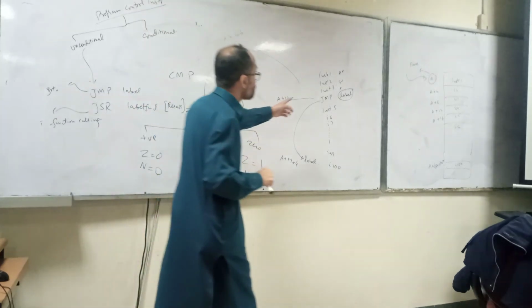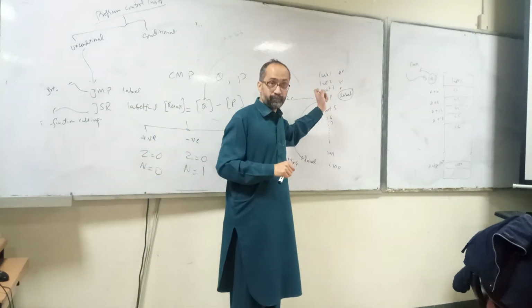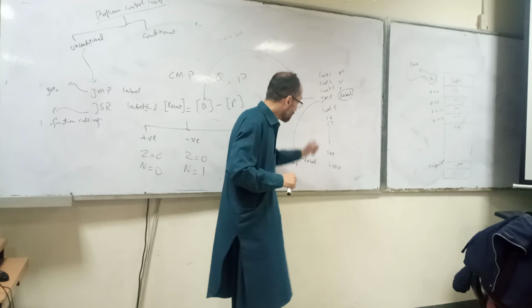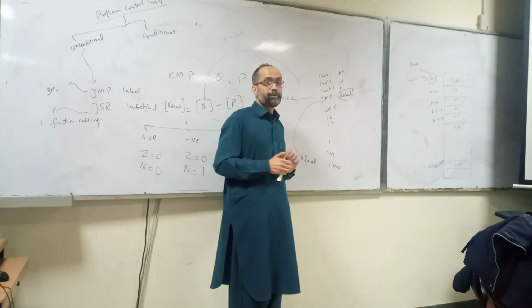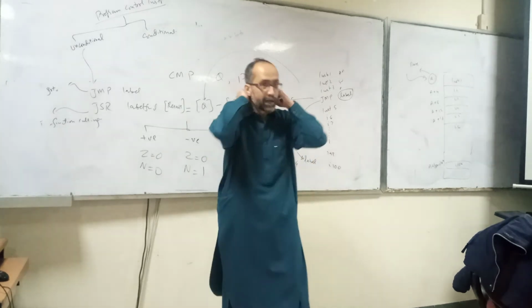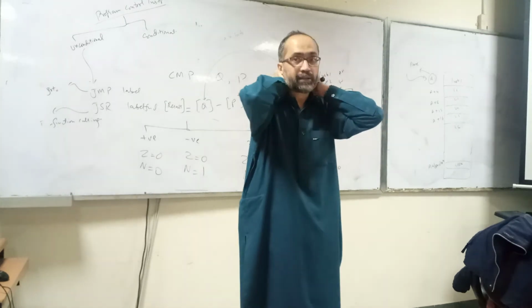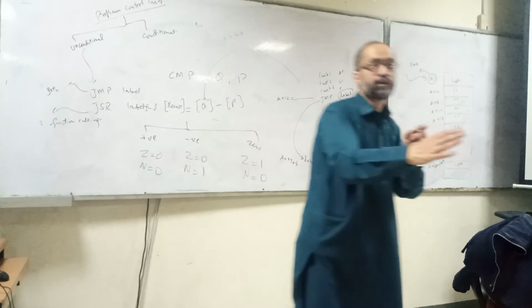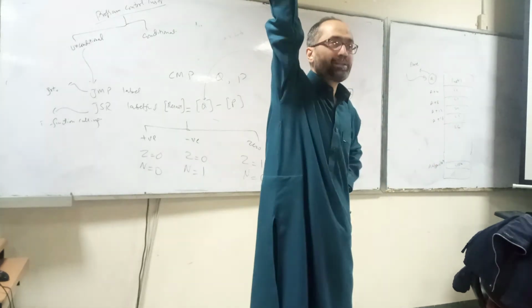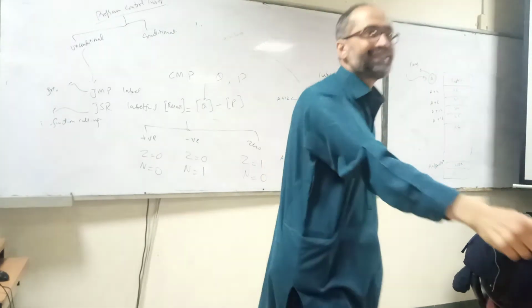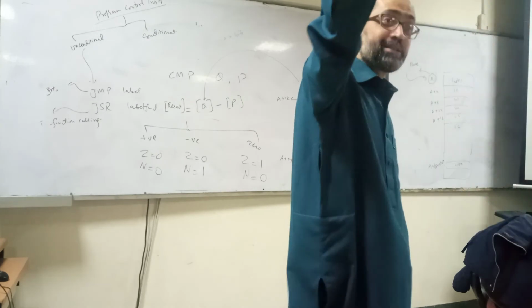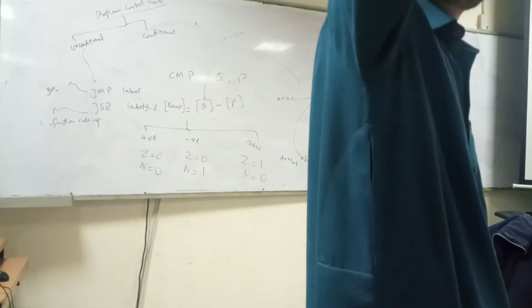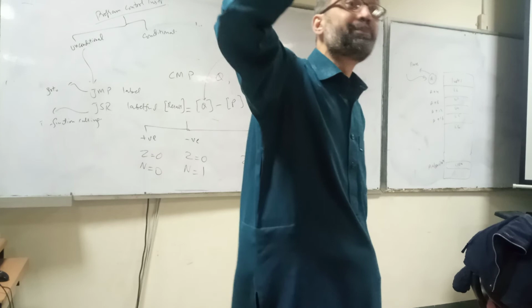So it will jump, and the flow of the program is changed. The flow of the program is directly moved from this location. I will explain this with an example. Let's say I am in the class and I am asking the name of each individual student, going in sequence. And somebody raises his hand. So I am now at this address. Now he has raised his hand, and I am serving him. So it means the control has been changed.